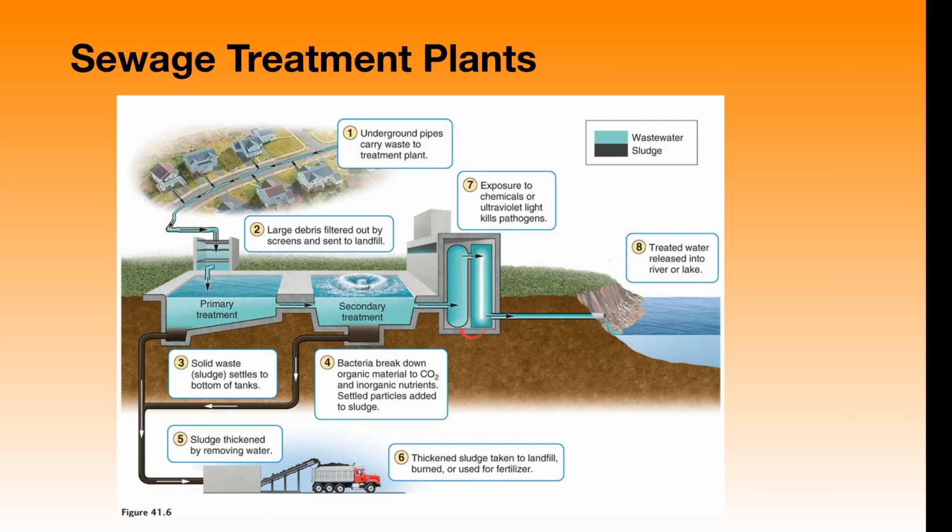Here you have several different methods that are used. In this case, they're showing that it is being treated for pathogens with ultraviolet light, and that is the cleanest way to do it. In some places in the world, chemicals are still used to clean it. You can say chemicals are used in our tap water. They'll add a nominal amount of chlorine in some cases to clean the pipes, and or fluoride in some cases in the United States. All right, so this is the basic idea of a sewage treatment plant, and you definitely need to know how